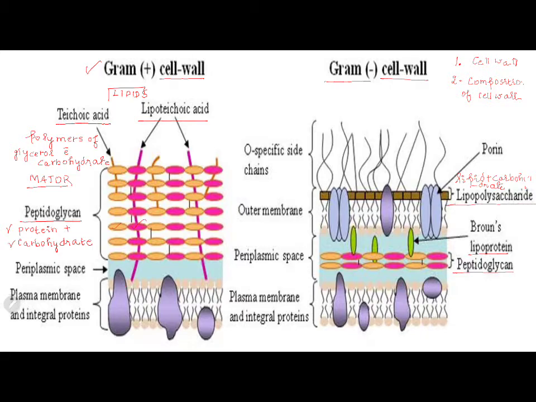So what happens is we have a step wherein we treated with alcohol. In the previous video, we treated with alcohol. What will alcohol do? Alcohol is an organic solvent. It will dissolve lipids. So if cell wall is holding the stain, when I use alcohol, which bacteria will lose the stain? Gram negative, because it has more lipid and alcohol dissolves lipid. But who will sustain the stain? Gram positive. Why? Because it has more peptidoglycan than lipid.